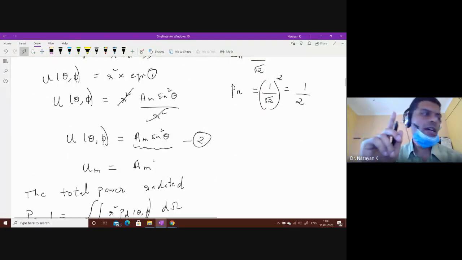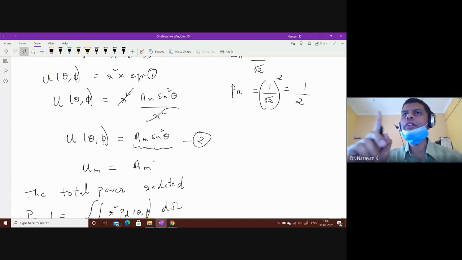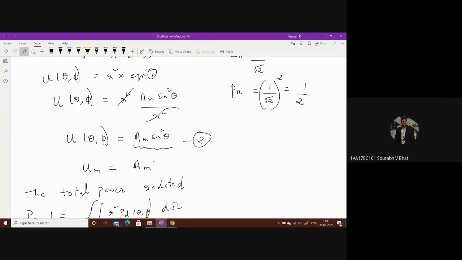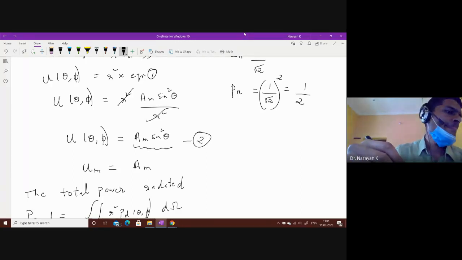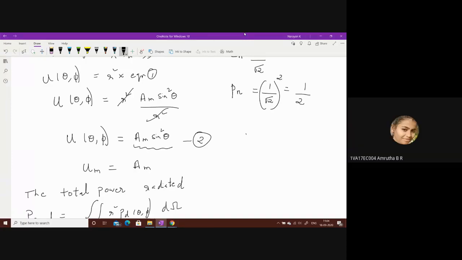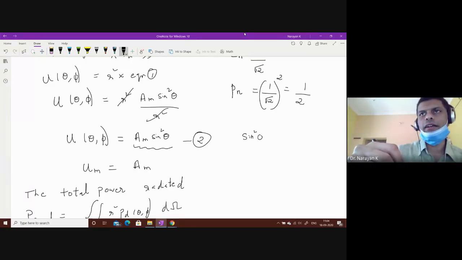So always remember, in your approximate method, only equate the angle, not the corresponding r square Am. Very simple. So no need to have further confusion. When you are doing approximate method, you only have to equate the angles. Is it clear? All of you? Yes, sir. Okay. So what I have to equate now? What is Pn? Sine square theta. Very good. Sine square theta is equal to 1 upon 2.